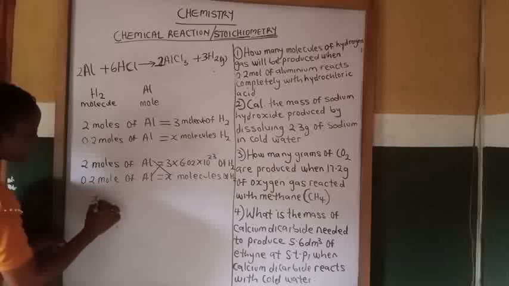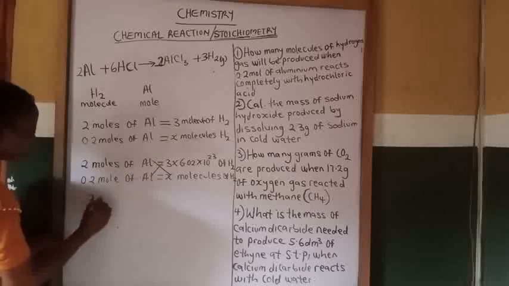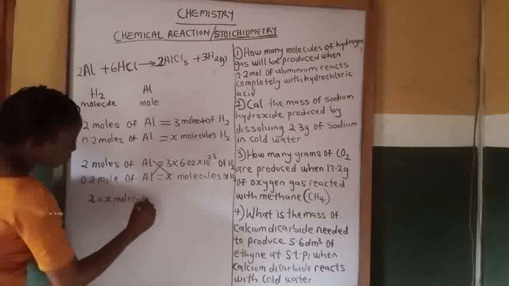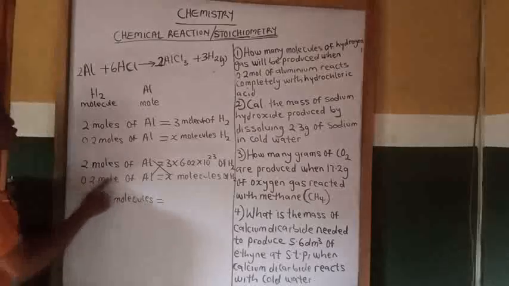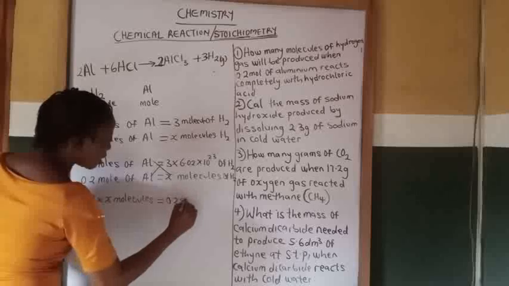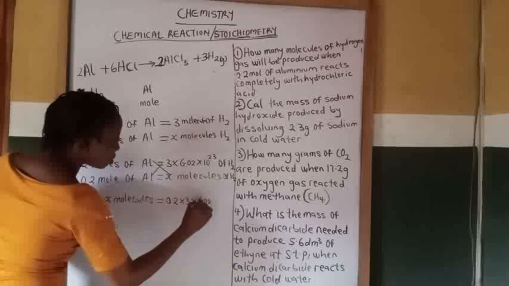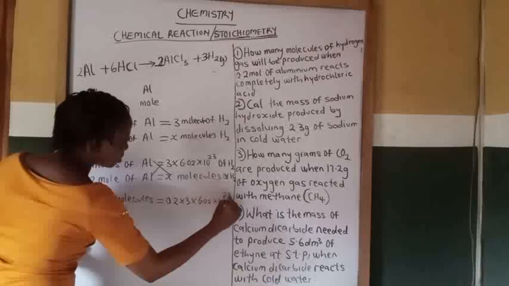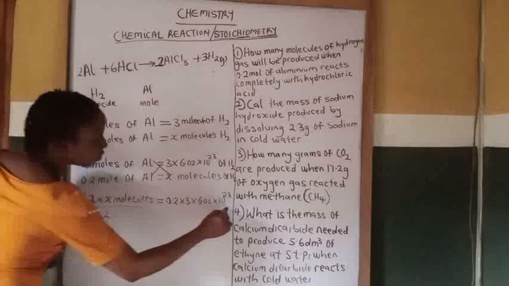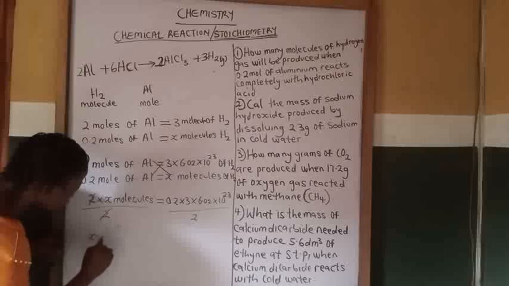That will be 2 times X molecules equal to 0.2 times 3 times 6.02 times 10 raised to power 23. Now we are looking for X molecules, so we divide both sides by 2. You divide this side by 2. So 2 cancels 2. Therefore, X molecules